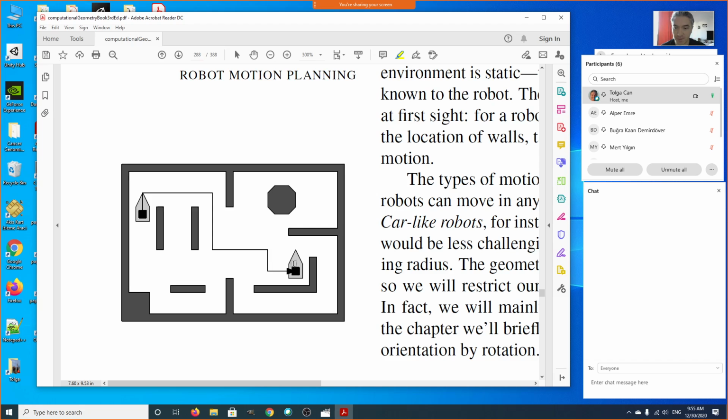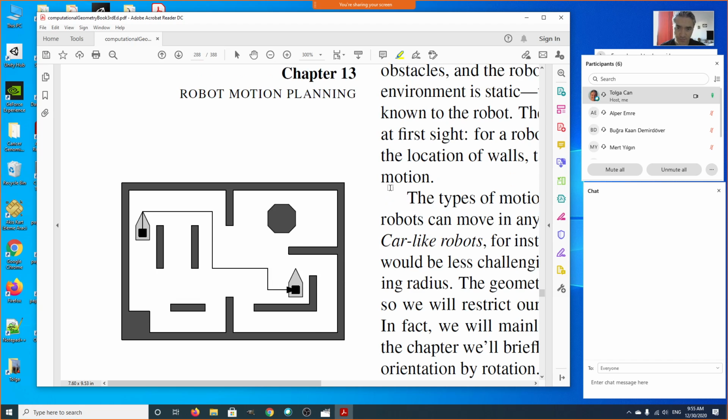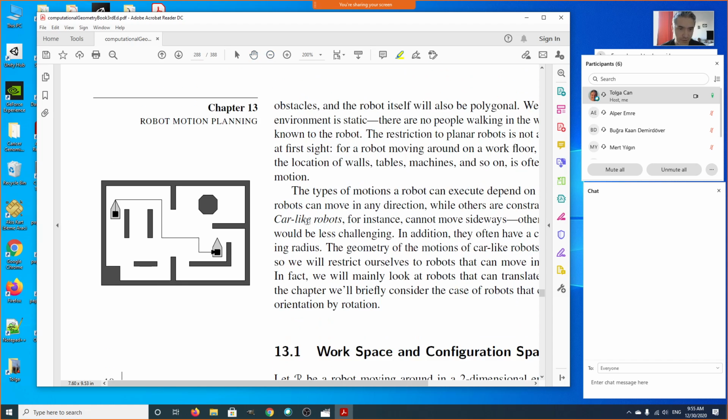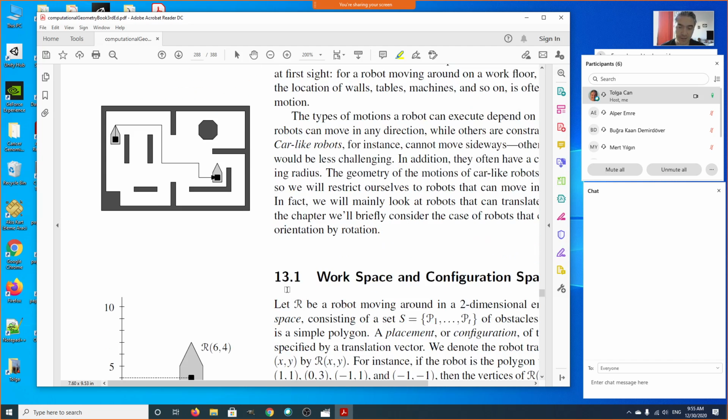Okay, so it's possible. But here, the organization of this chapter is like this. We'll first talk about this terminology. I already started doing that. The configuration space, the workspace of the robot, and so that's the first section. And then we are going to